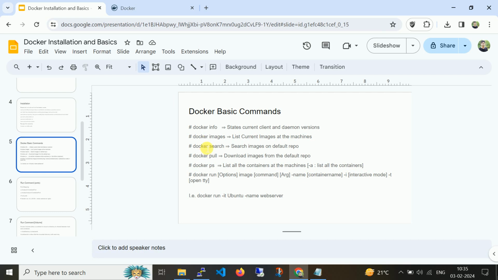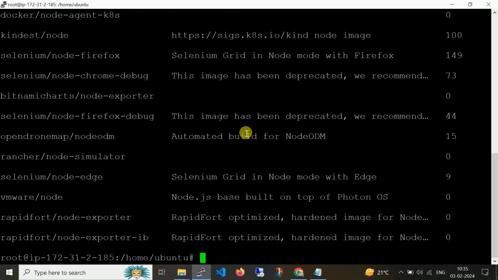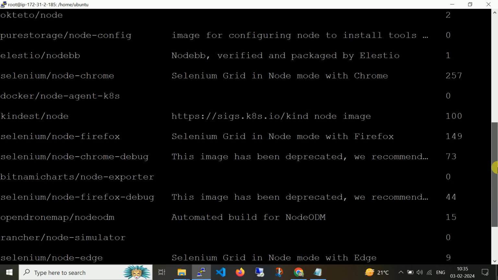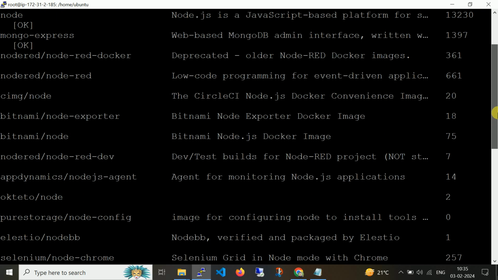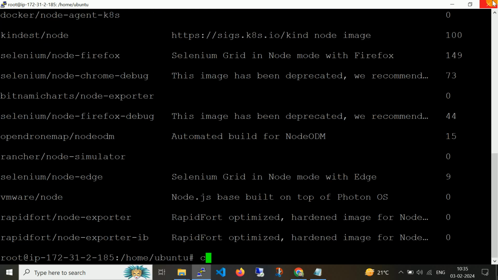Now if you want to search for any image, docker search, let's say node. It will search Docker Hub for the node project. Any image that you want to search on Docker Hub, you can search using the command docker search and node or any image name.